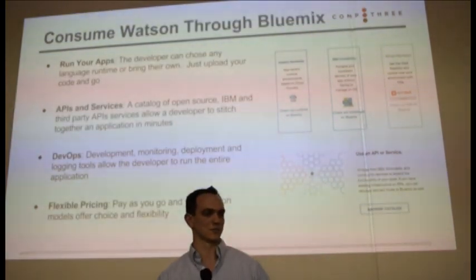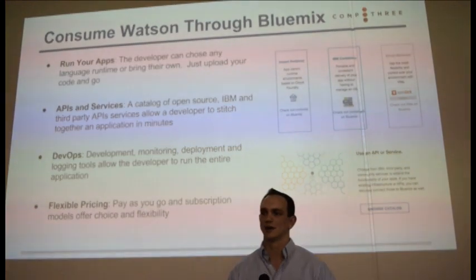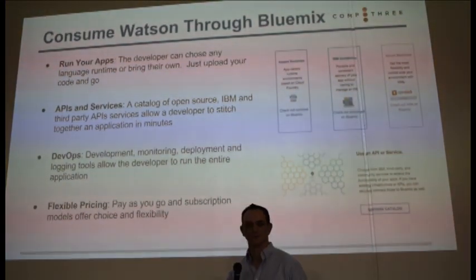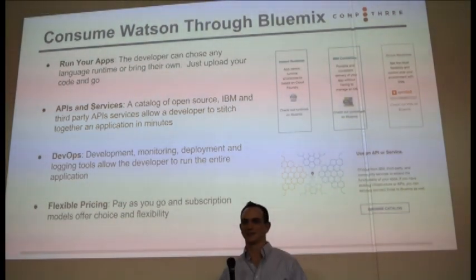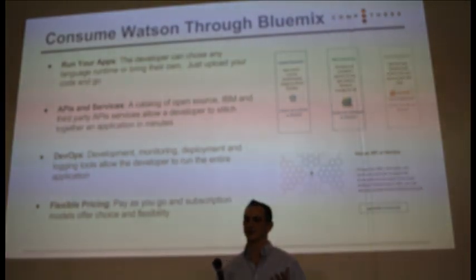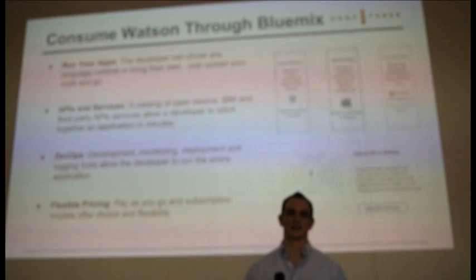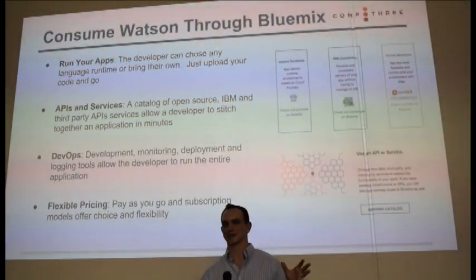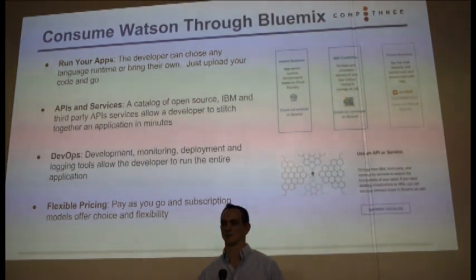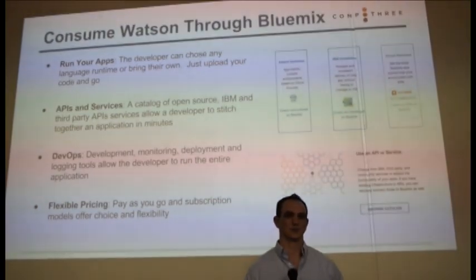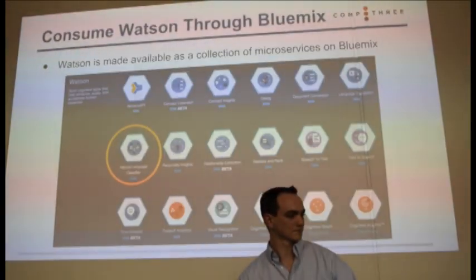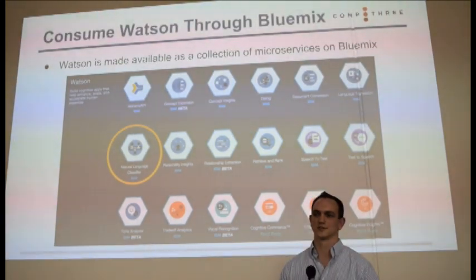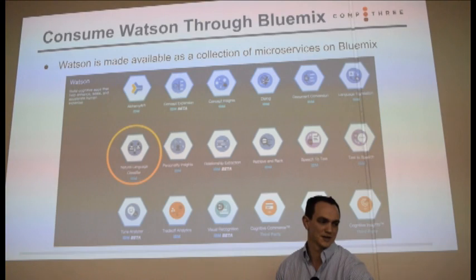So Bluemix is their platform as a service offering. This is actually one of the products that I worked on when I was working in their cloud group. And so the basic idea with Bluemix is I have code that I've written. I know what services I need. I need a database. I need a message bus. And you basically tell that in a template, and you send it to the cloud, and it deploys it. And so that's the idea with Bluemix. So today, the best way to get access to these Watson services is through Bluemix. I'll show you how to do that.